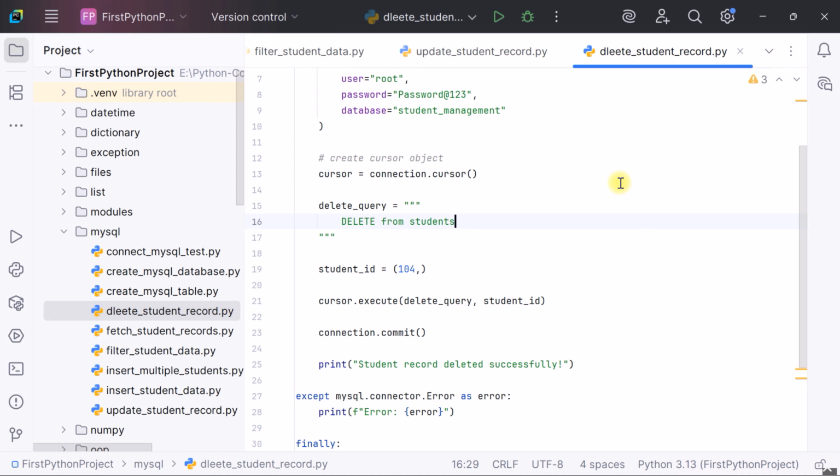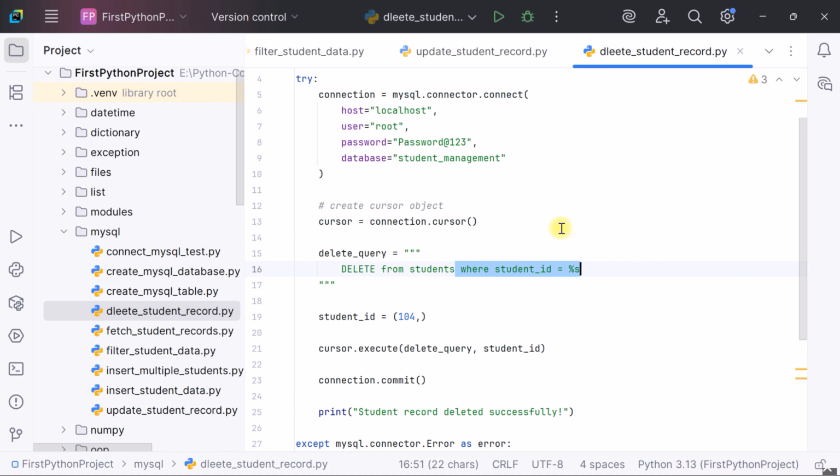The table will still exist, same columns, same schema, just completely empty, ready for new data. This can be useful when you want to wipe data during testing or reset the table before inserting fresh records. But be careful, without a where clause, the deletion is permanent and all student information inside that table will be